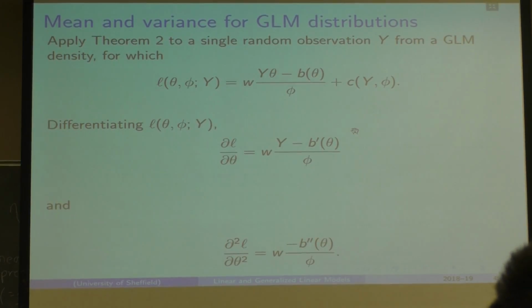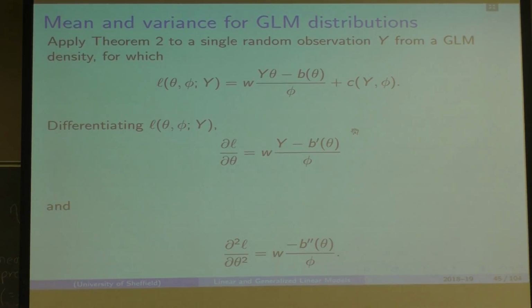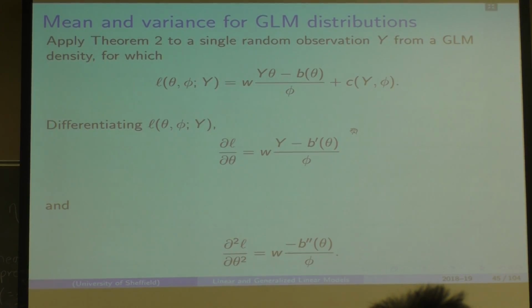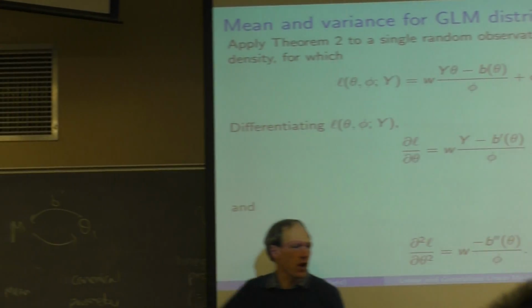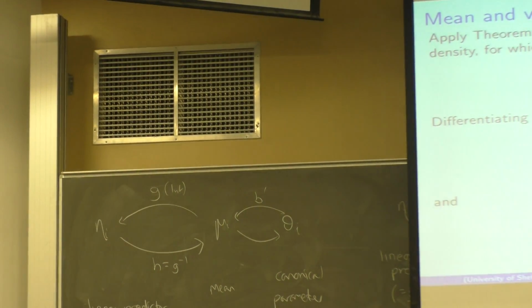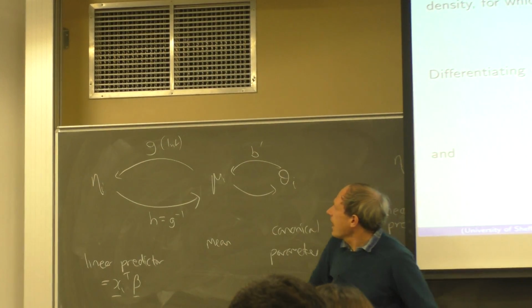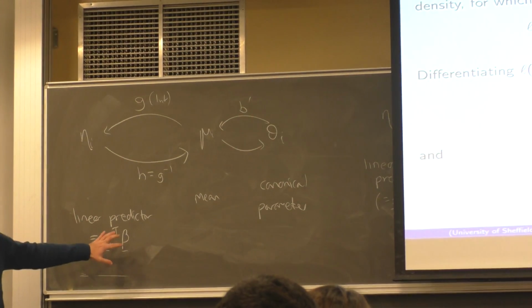So I got to section 3.3.2 towards the bottom of page 63, which is entitled Mean and Variance for GLM Distributions. Just to remind you a little bit about a GLM, we've got this diagram which I've drawn a few times now. We have a linear predictor, which is essentially the same idea as for the standard linear model. So this is x_i transpose times beta